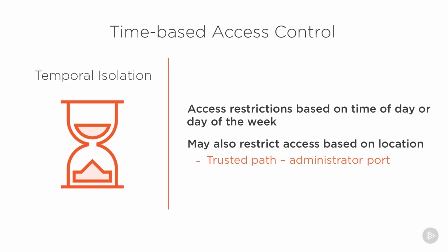Management of, say for example, an intrusion detection system cannot be managed by the network that IDS is monitoring. No, the only way to then manage that IDS is to be physically connected to the administrator port. An example of this from the mainframe, of course, is the operator console. The operator console is a hardwired connection from that console to the CPU. It's a trusted path that's not networked or connected to anything else.